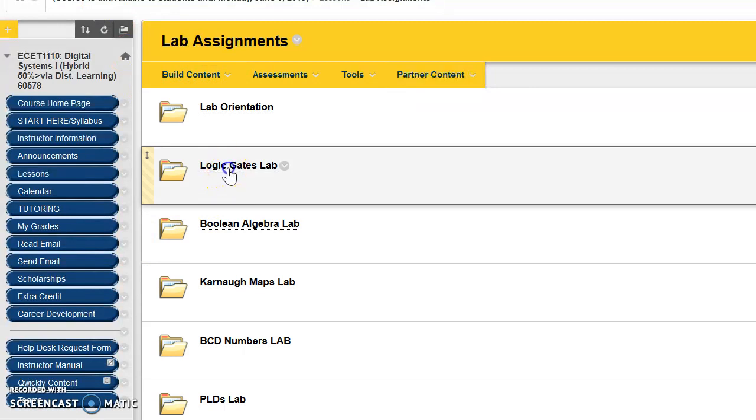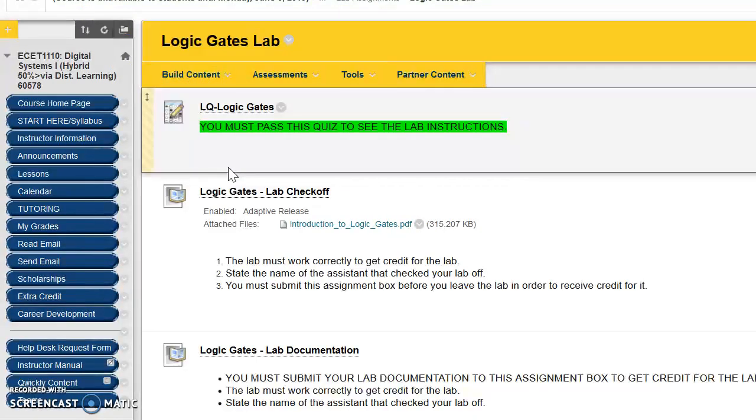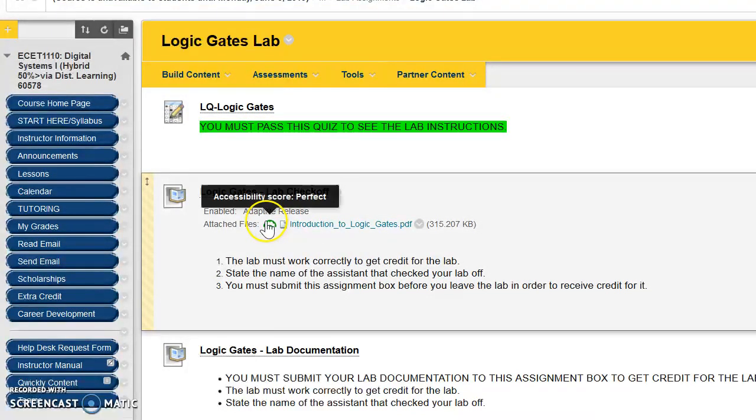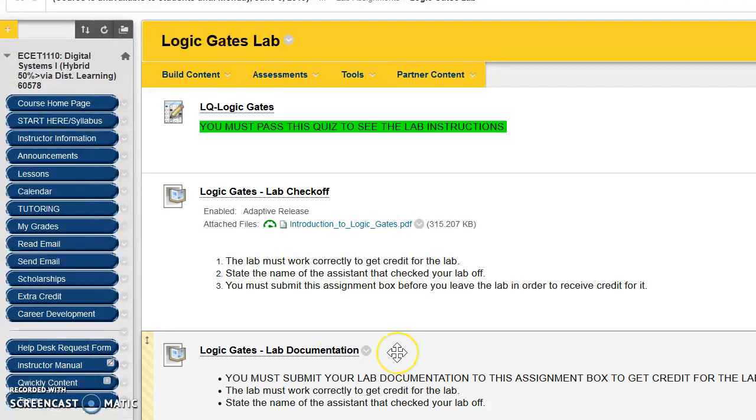So if you go to your logic gates lab, you will notice there is a logic gates lab quiz. You have to pass this quiz with a 70 or higher before you will be able to see the instructions for the logic gates lab check off, okay? So if you go here and you don't see any instructions and all you see is the documentation assignment box,